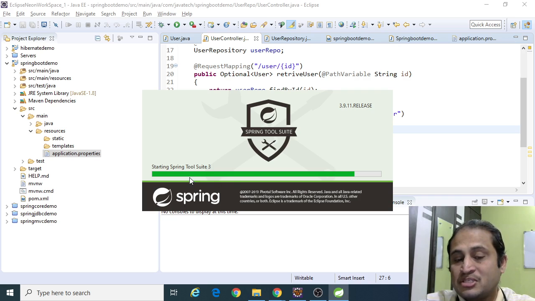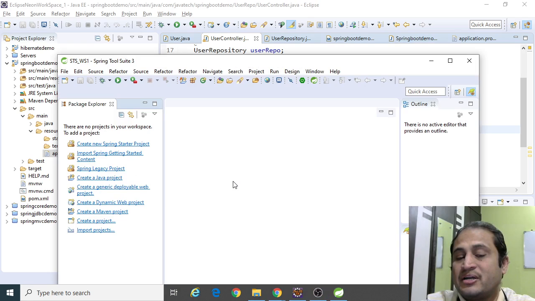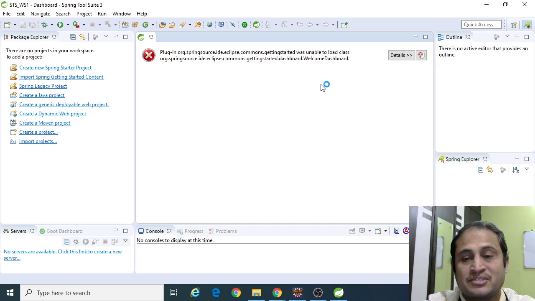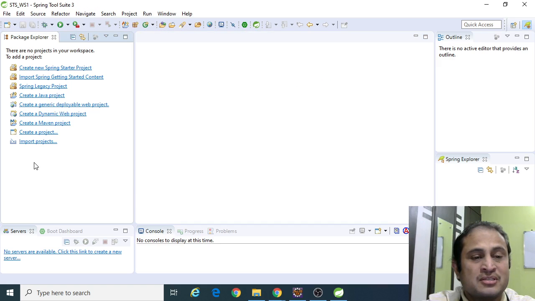So it is opening the Spring Tool Suite here. Okay, it is loading. I think the version release is showing as 3.9.11. It doesn't matter much, like the version. Maybe you can choose the latest version. I'm just closing all these things.